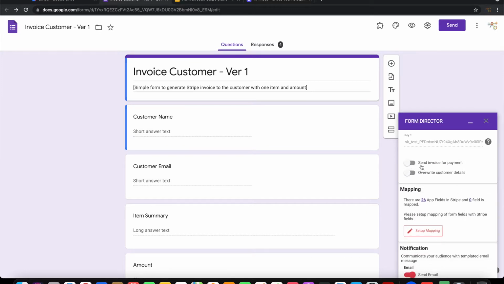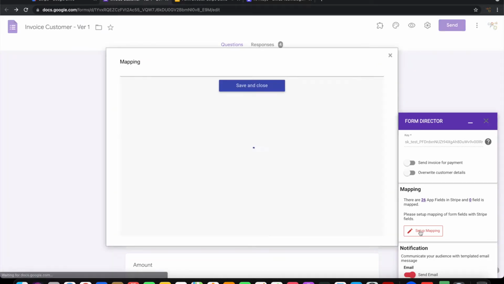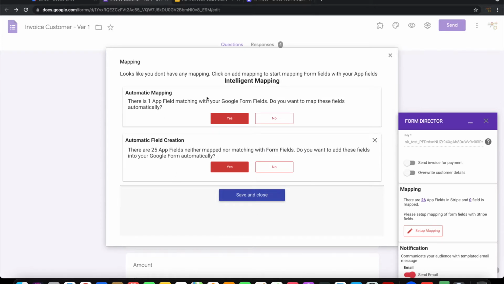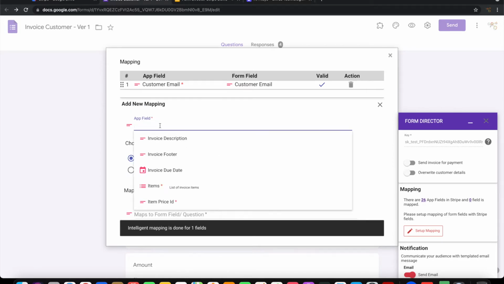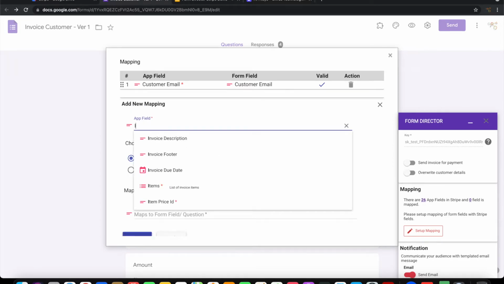I have an option to send this invoice after creation, and I have an option to override the customer details. So let me go ahead and do the mapping. I have one field that is automatically mapped, so let me go ahead and say yes. So customer email is mapped. Let me check what other information is to be given. So let me save